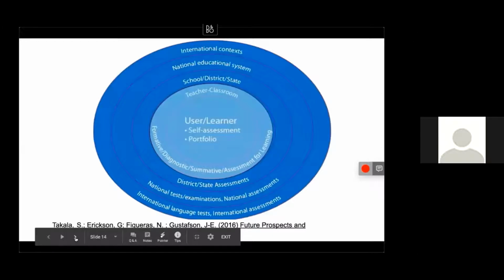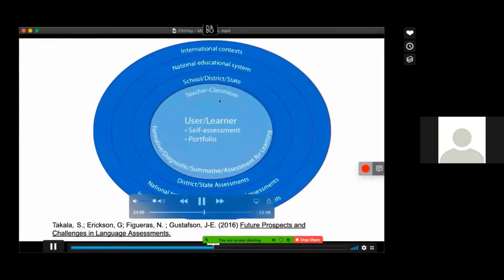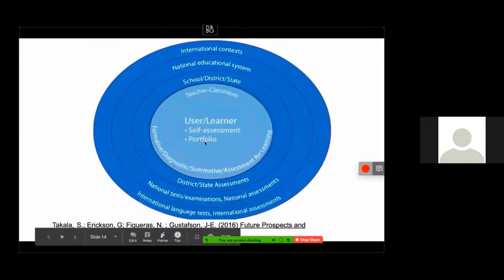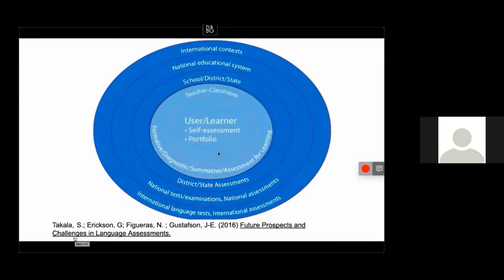So in this context where we have different sets of standards that are related to one another, but which need to be studied or looked at in depth if one wants to use them, in a context where it is important that tests are valid, fair, reliable, transparent, and portable, it is important that we get, as professionals, our act together and can allow ourselves to provide our students with good quality assessment, not only in international contexts, the context depicted in the outer circle or national educational systems or school district examinations,